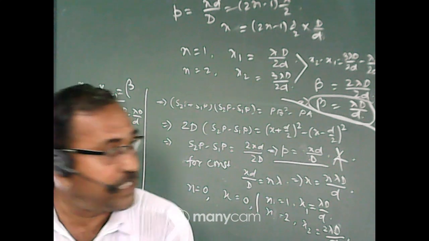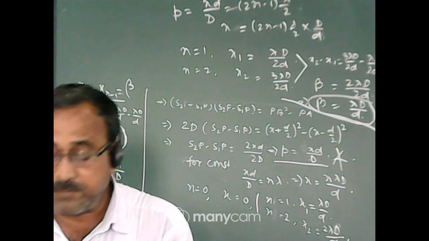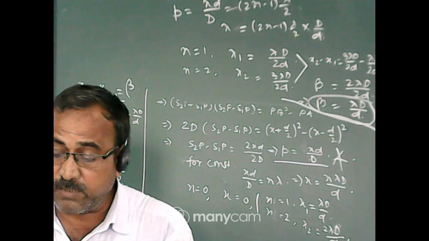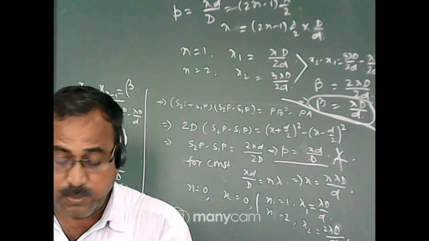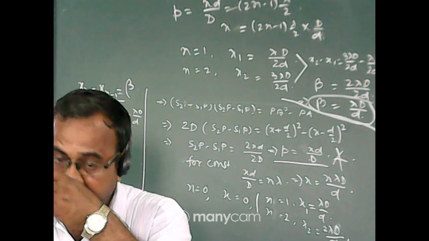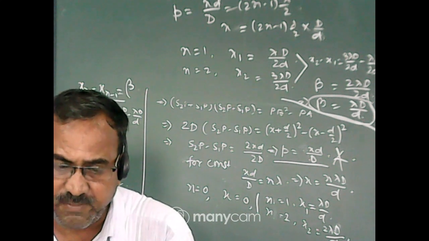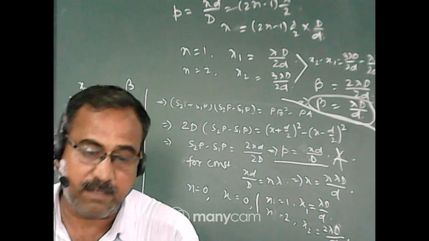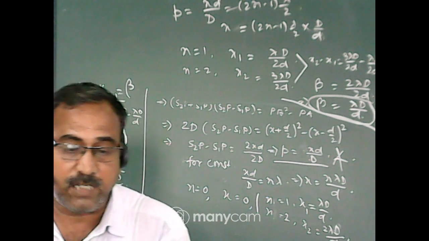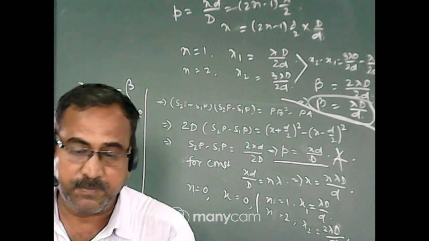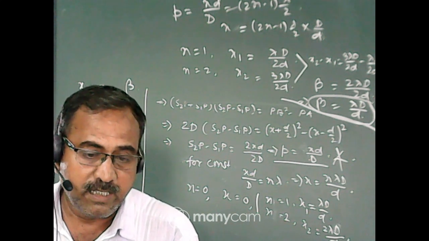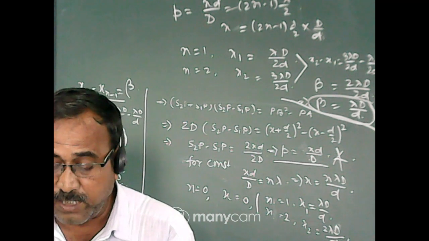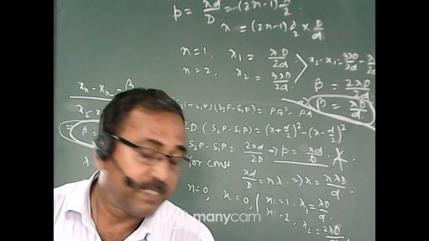So with the help of this formula, you can calculate the numerical. From this part, 1 or 2 numerical you see in your question paper. So first you know the condition for the bright fringe, condition for the dark fringe, and distance between the two successive dark or bright fringe, that is the fringe width, beta equal to lambda capital D by small d. Or if you see in your question paper the value of lambda, that time lambda equal to beta small letter d by capital D.